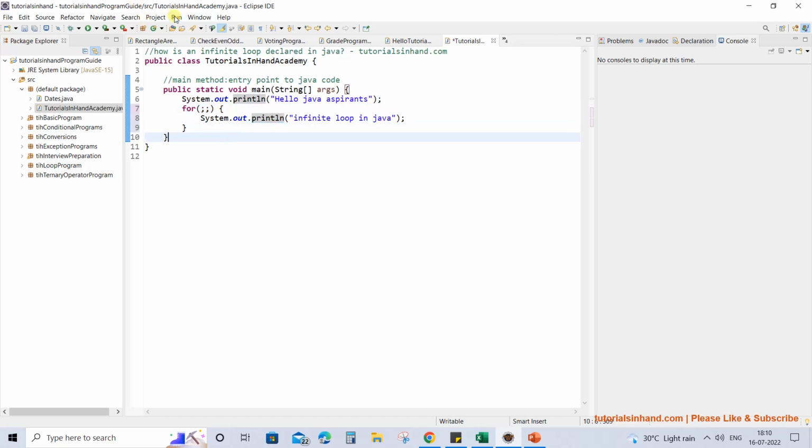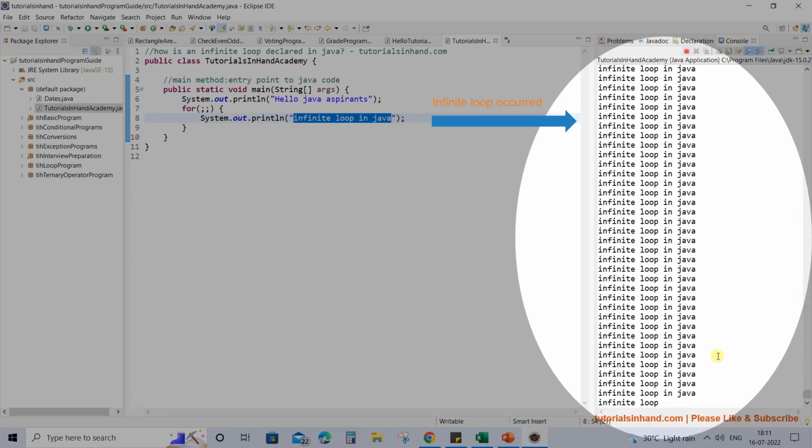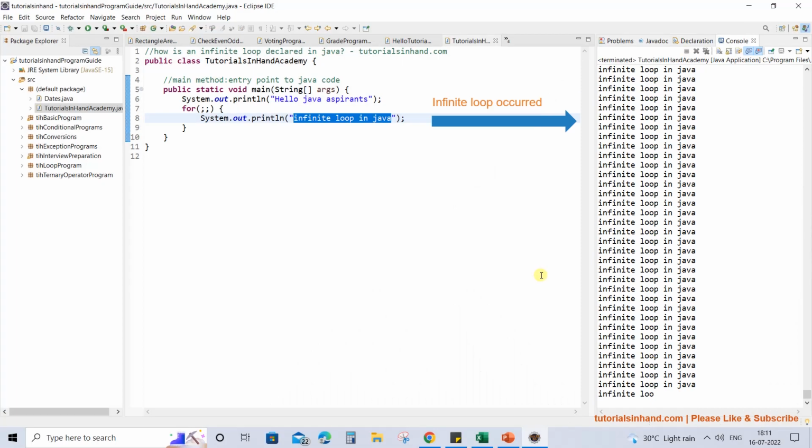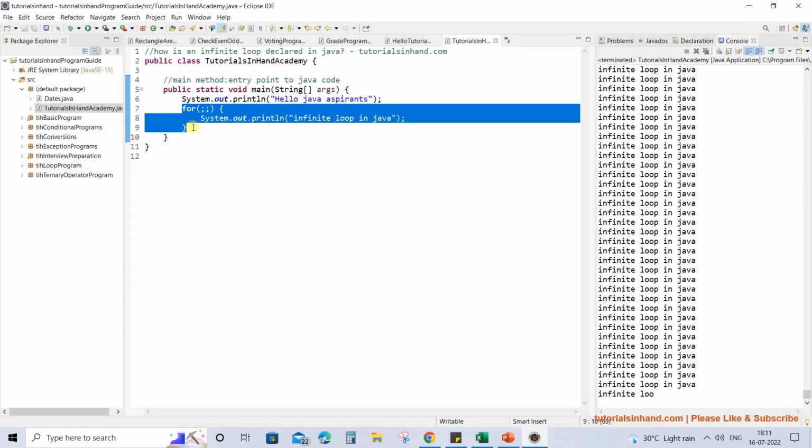For example, if we run this, on the right side you will see that it starts printing infinite times. You see it is still printing "infinite loop in Java". So this statement is still getting printed, and this will go on until the out of memory error message is shown. We are not going to wait till that time because it may take a while, some 3 to 4 minutes or even more than that. I am going to stop this from here. You see, terminate. I am terminating this so that it stops printing. So this is one way in which you can enter an infinite loop in Java.